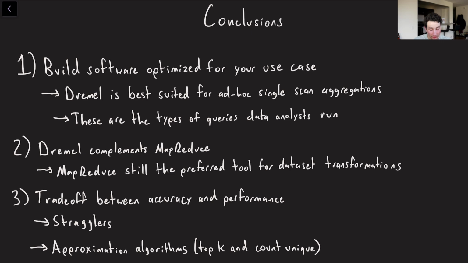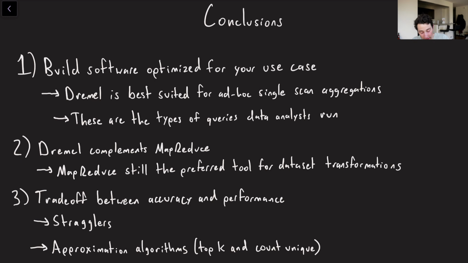So let's go to a couple of conclusions before I run out of breath here. Number one is that you always want to be building software that is optimized for your use case. In their case, they realized that it taking a while for all of their analysts to run their queries is a big inefficiency, and they wanted to optimize for that. And so ultimately they did exactly that, and it worked out really nicely. They don't have to build some super generalizable distributed query paradigm. Even though Dremel can handle those queries too, it is mostly meant for these types, and the architecture reflects that.